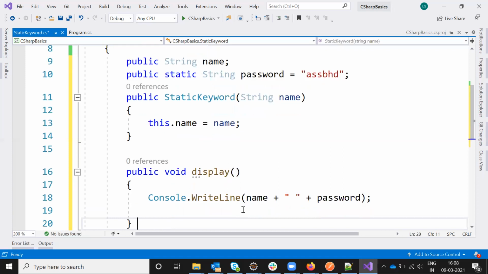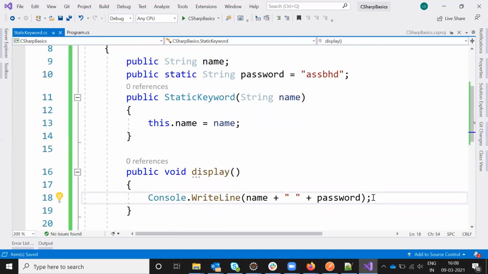See, now I provided this one, right? For the static value I'm going to access this method.